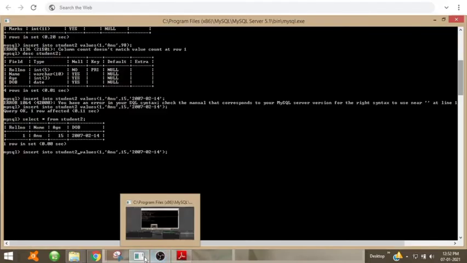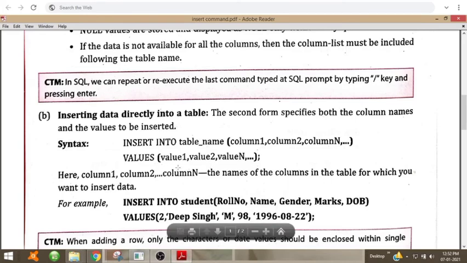Now children, in the second type of insert command, we write insert into student, then in brackets we specify the column names also. Let us see how to do that. There is no need of writing on different lines.